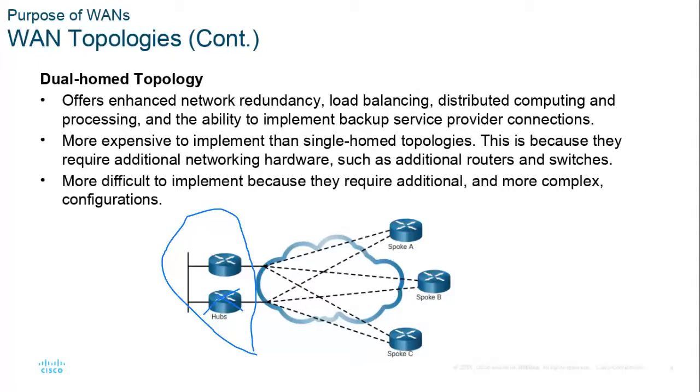Or a UPS for a server that keeps it running if the commercial power fails. Or in networking, we're going to run multiple connections, and if that router on the bottom goes bad, we have another router that will still be working. So more expensive, that's job security for us network guys.